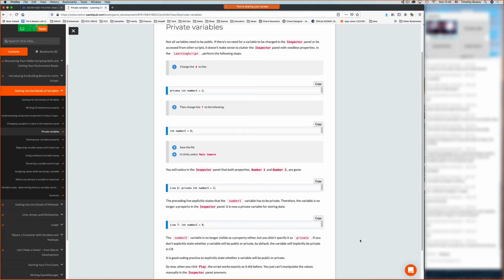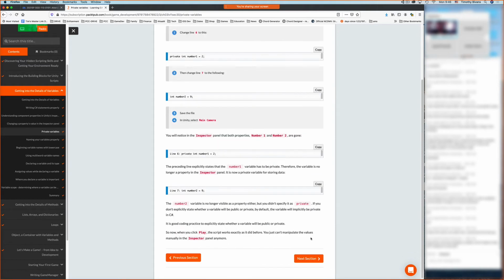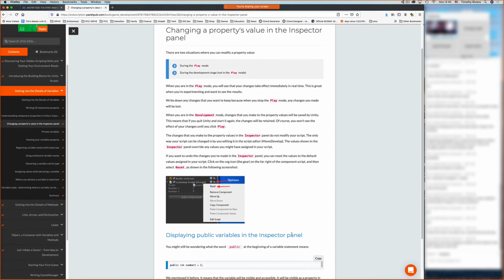But not all variables need to be public, right? You should also know that changing a variable via the inspector does not change the code. Yes, it does say that in the book. I kind of skipped over that. It does not change the code. That is correct. And it will override what you put in the code,